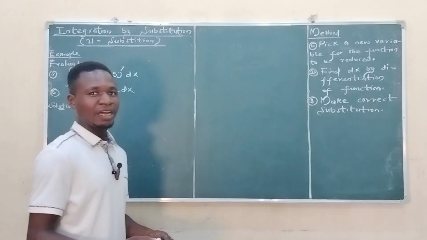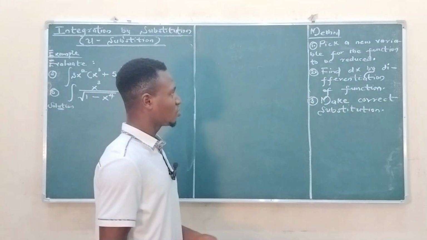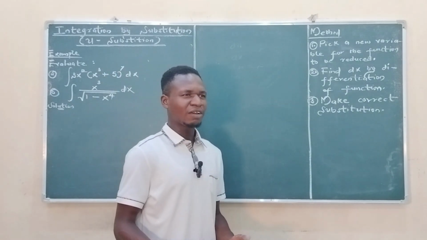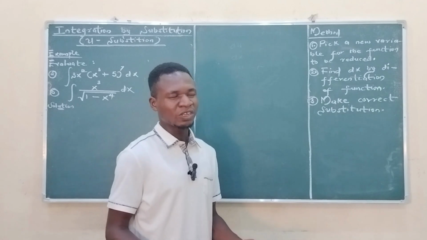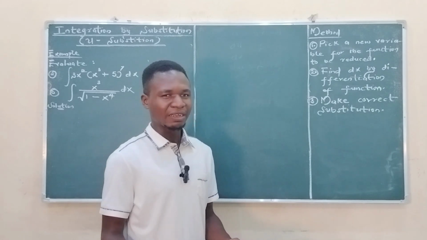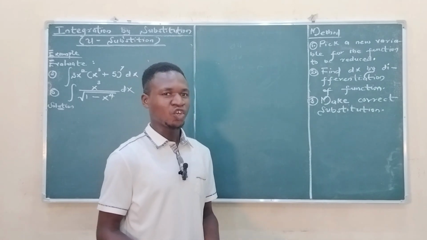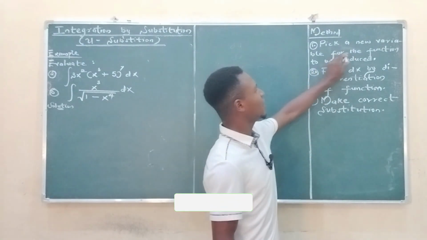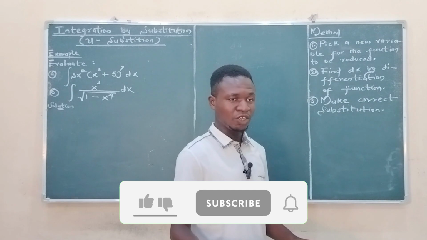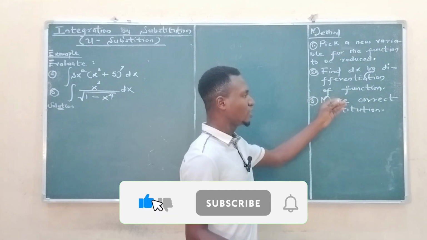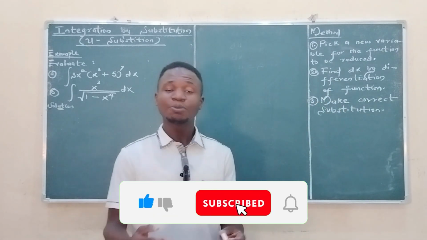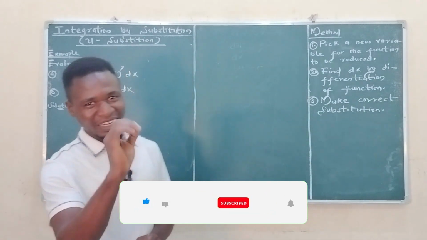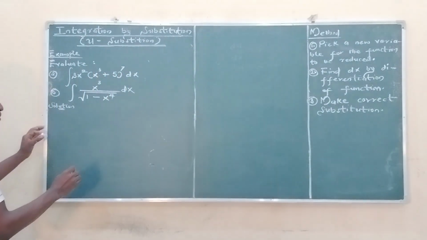And how do we carry out the u-substitution method? It begins with understanding which function in the given integral looks somewhat more complex than usual. You pick that out, and then we pick a new variable for the function we want to reduce and also differentiate the function, carrying out appropriate substitution to integrate. So this is what we'll do now. Look at this example. In the first example, we have